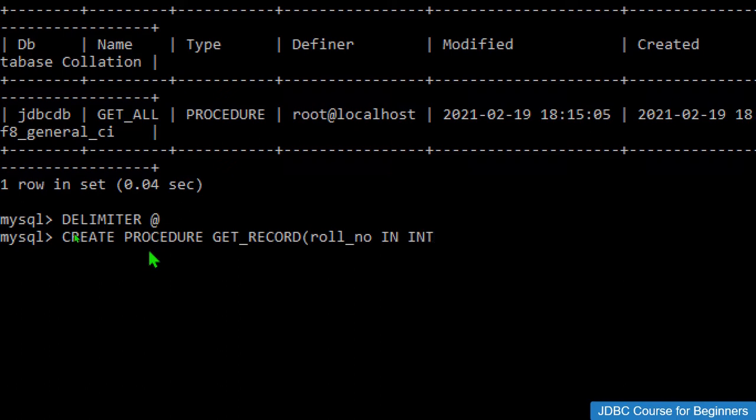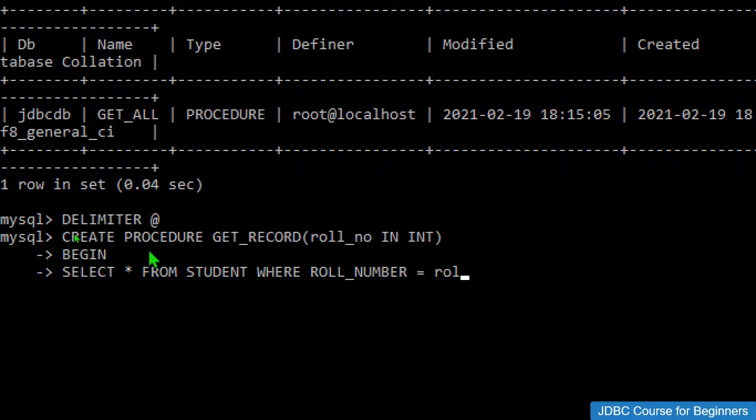So I'll just give int like this, then close the bracket, and then begin, and then select star from student, which is my table name, where roll number is equal to the roll number which is entered by this user, or which is given as a parameter to this stored procedure.